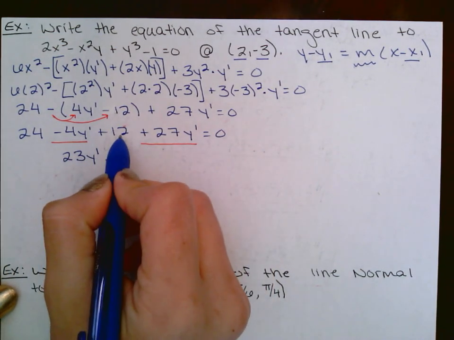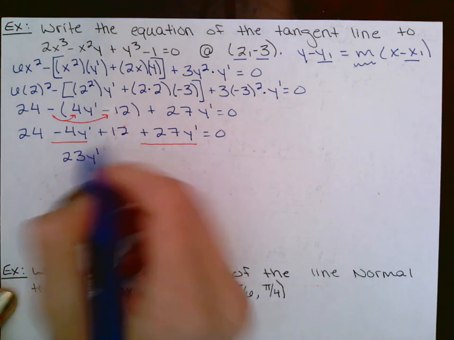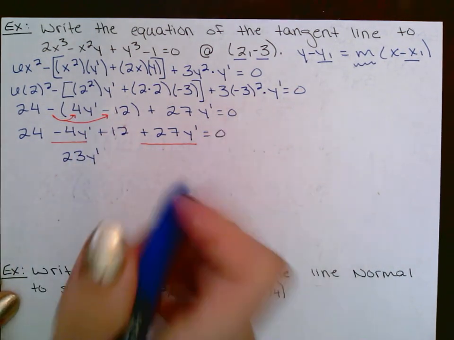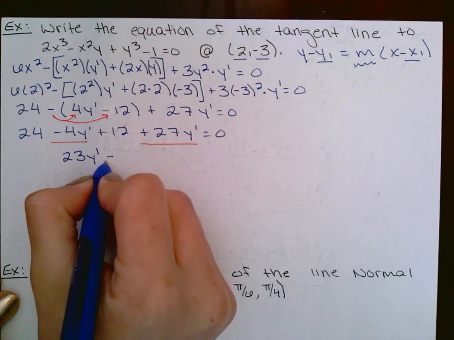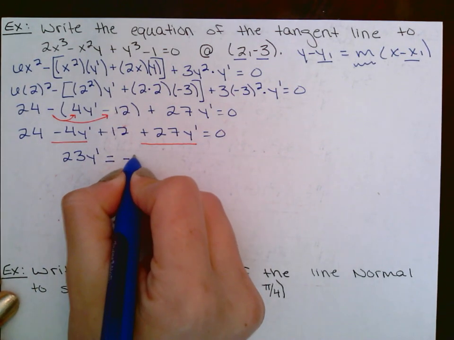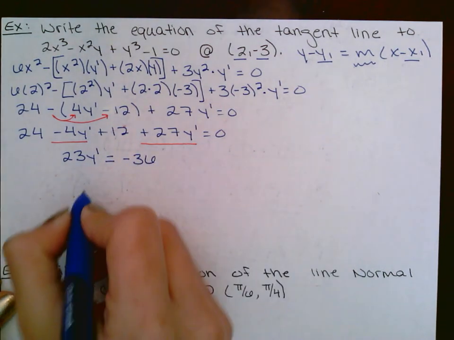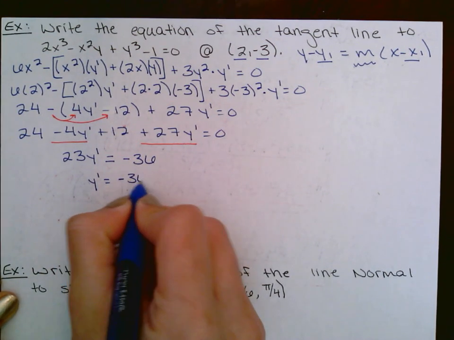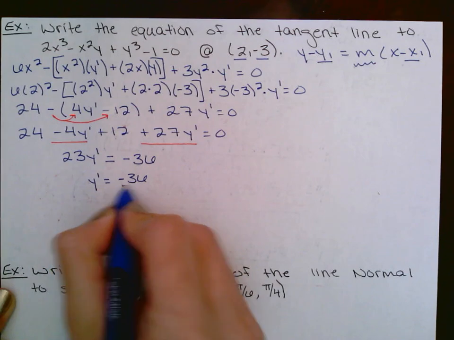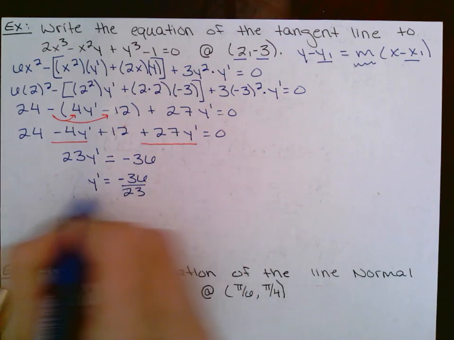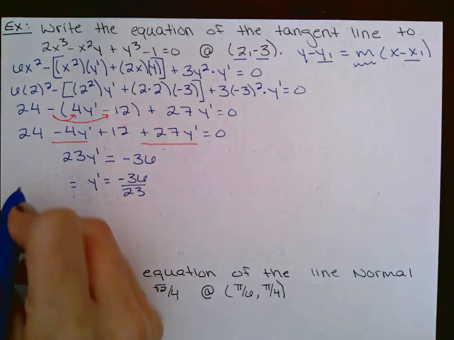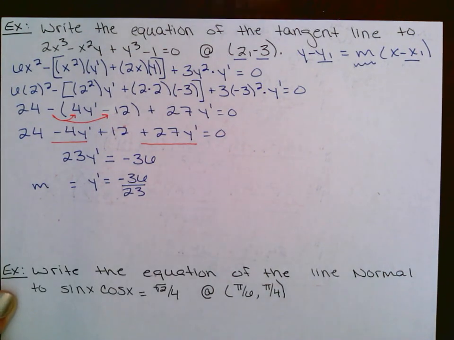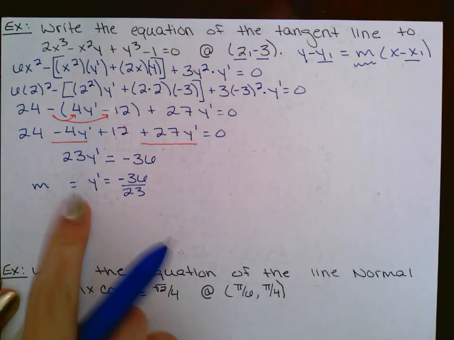And then I have a 12 and a 24, which gives me a 36, but I want to move that 36 to the right-hand side, so it's going to be a negative 36. Okay, isolate y prime: negative 36 over 23. So this right here, guys, is my m, is my slope. Okay, so now that I found my slope,